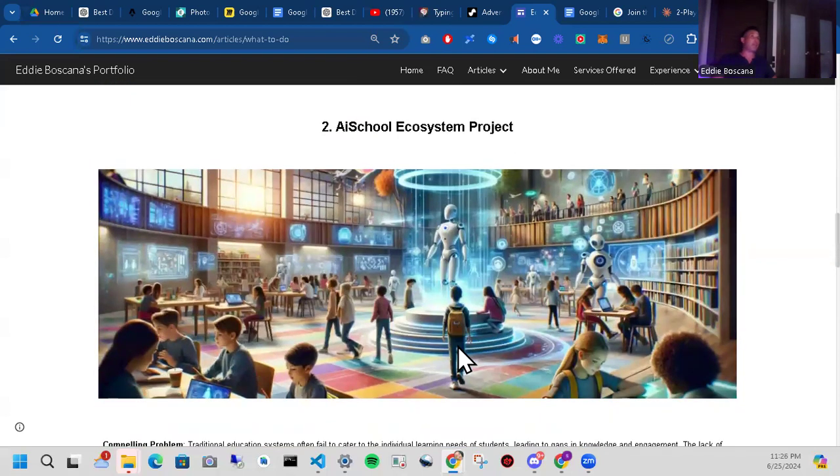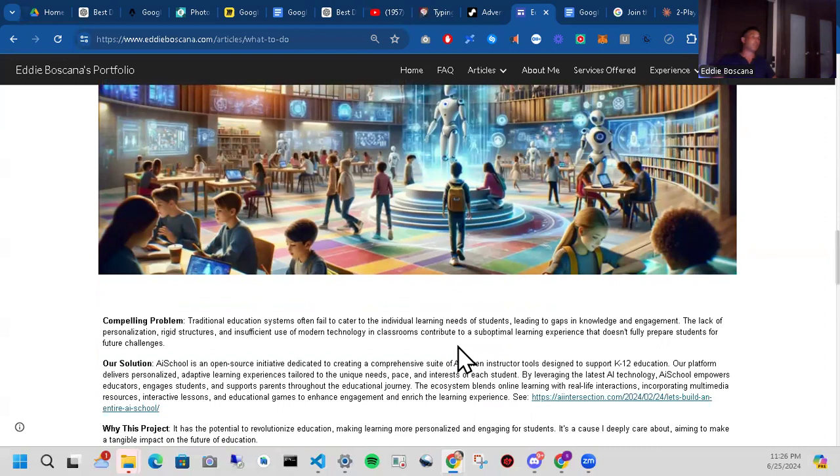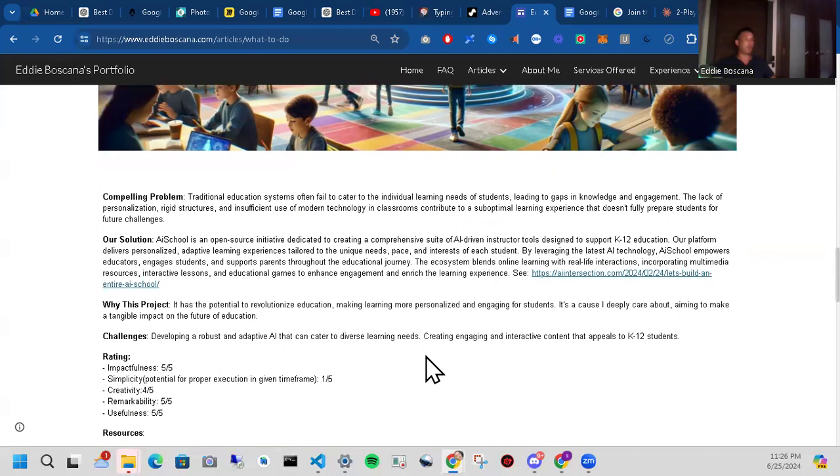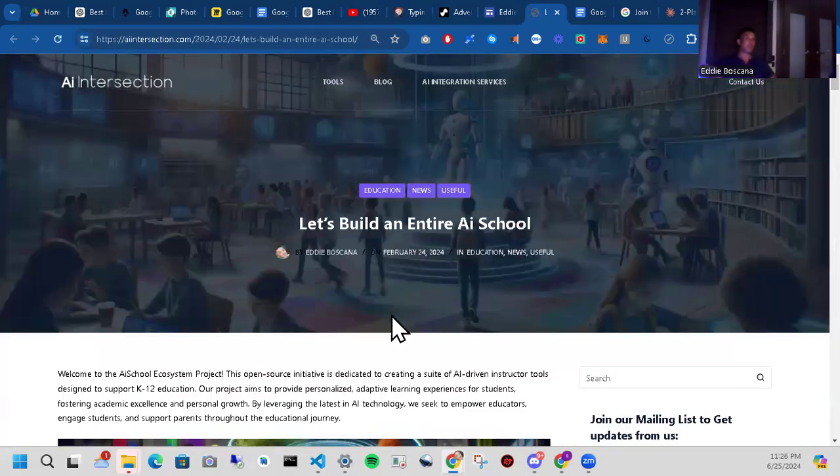Up next, we have the AI school ecosystem project. Now, this is a much more complicated project. This will take quite a bit of work. I will show you what I've done so far, just to give you an idea. So the idea behind this is